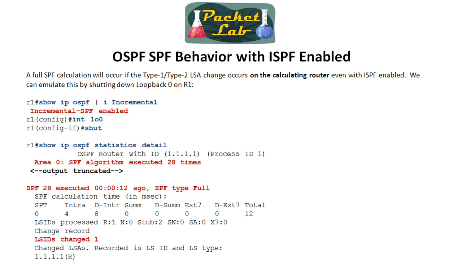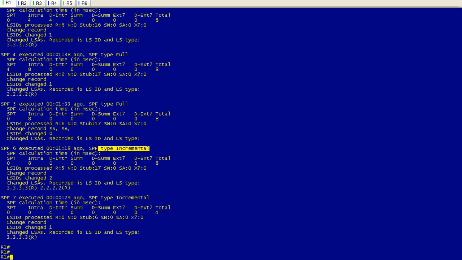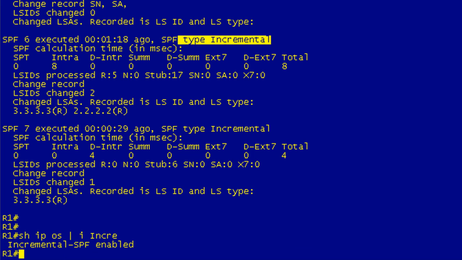But okay, so this is a case where we saw that little blurb from the Cisco documentation that if the LSA type 1, type 2 change occurs on the calculating router, even with ISPF enabled, we're going to see a full SPF calculation. And we can pop over real quick and emulate this. I don't even think we need to rebuild the, yeah, we don't. I was going to say we don't need to re-enable that link between R2 and R3. Doesn't matter. If we go ahead and do a show IP OSPF, include incremental, you can see that ISPF is